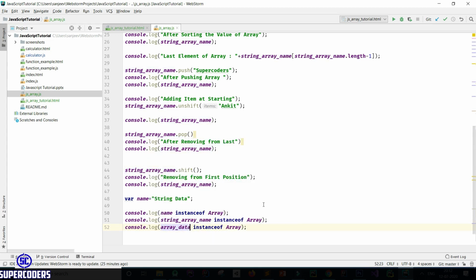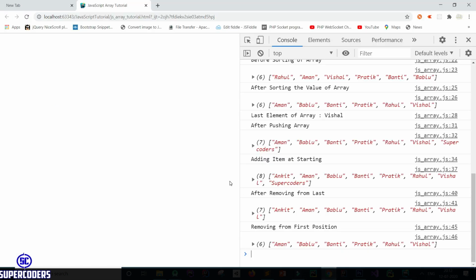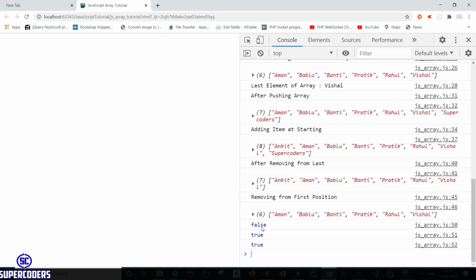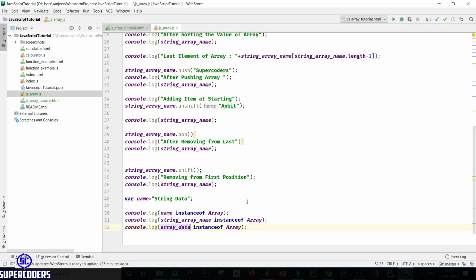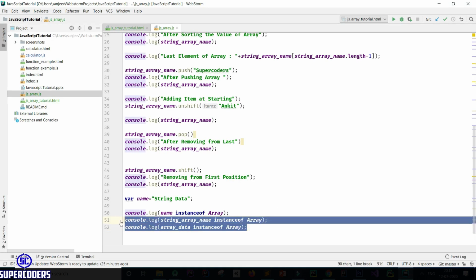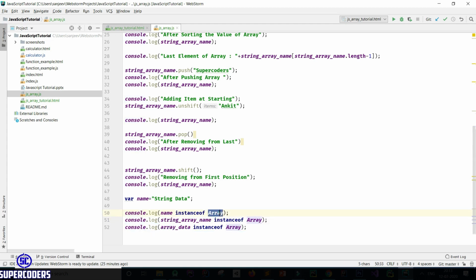Let's see what happened if I run this. So you can see if I pass the string it's false, and this returns true, meaning these two are arrays and this one is a string, so it returns false. That's the way you can check whether the data is string or array.